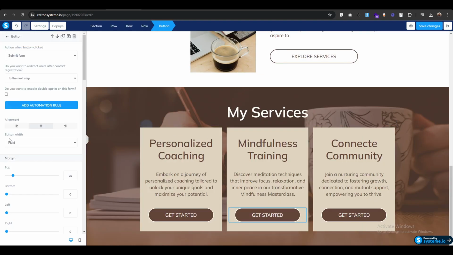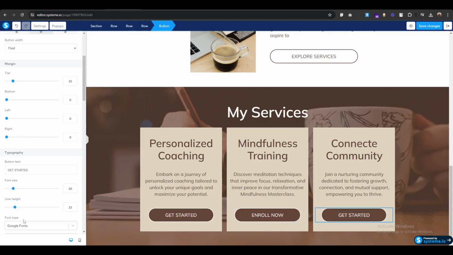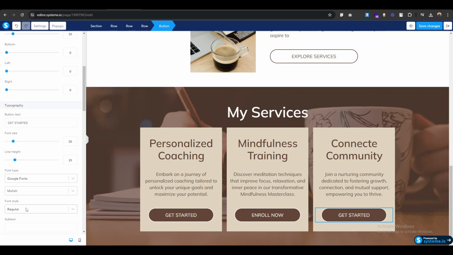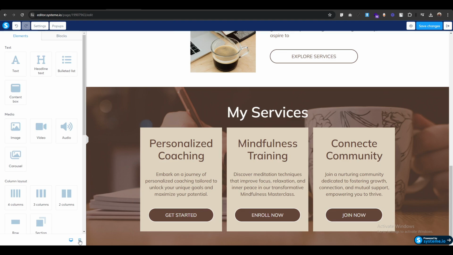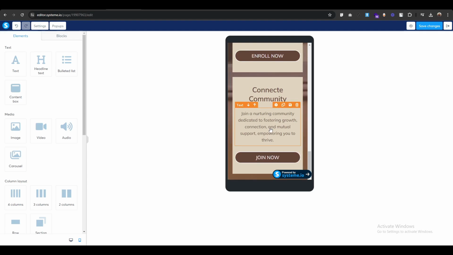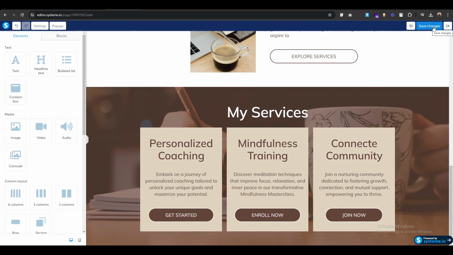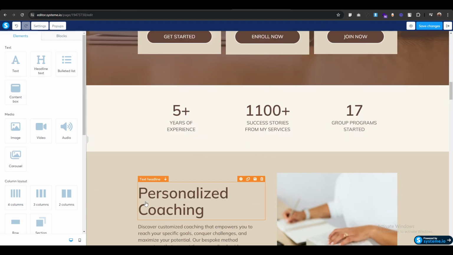And change the button text. Yes, everything worked perfectly. Click save. Next we have this milestone section,